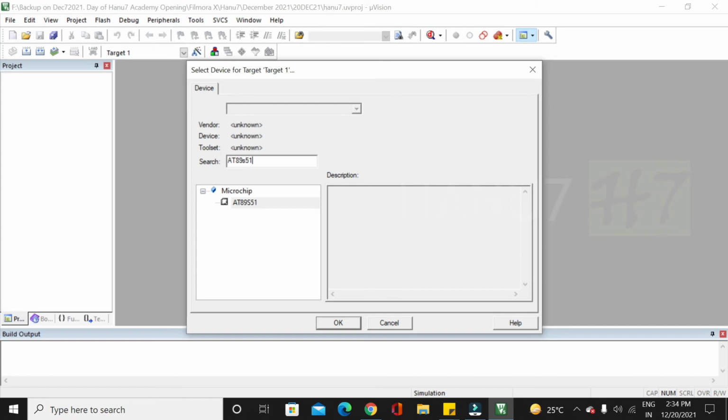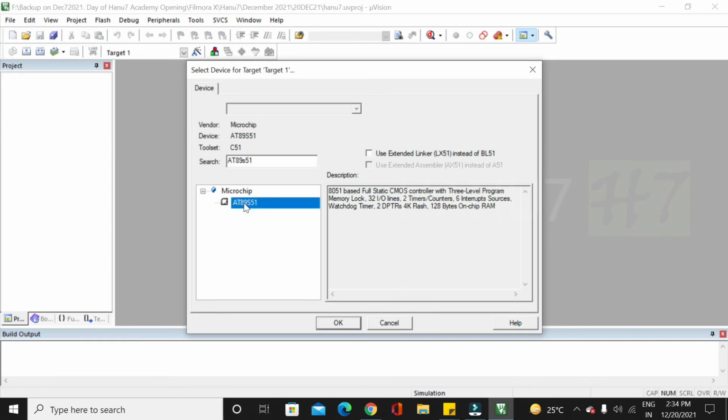It will show you one search option. Click on that and read the description. The features of this device exactly match our 8051 microcontroller: an 8051-based fully static CMOS controller, 32 input output lines, program memory, RAM memory, etc. All those things on the screen exactly match the microcontroller from the theory part.